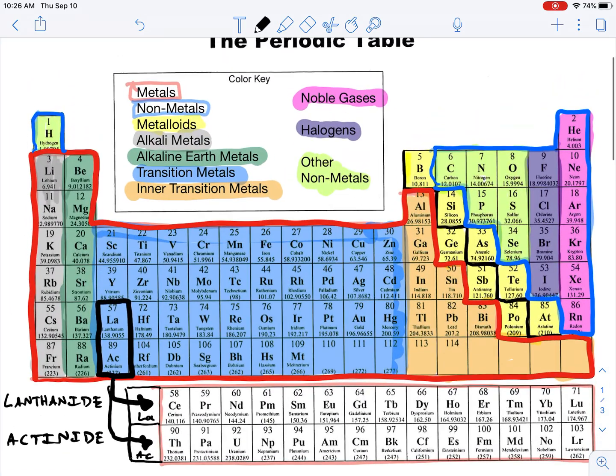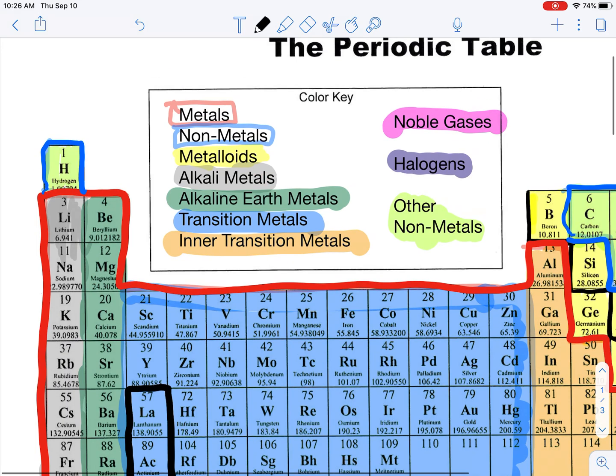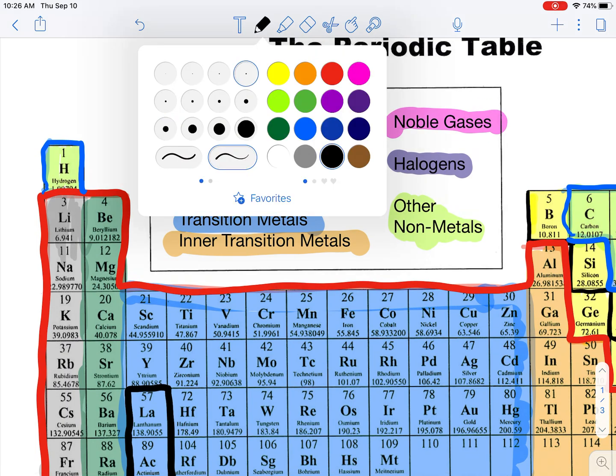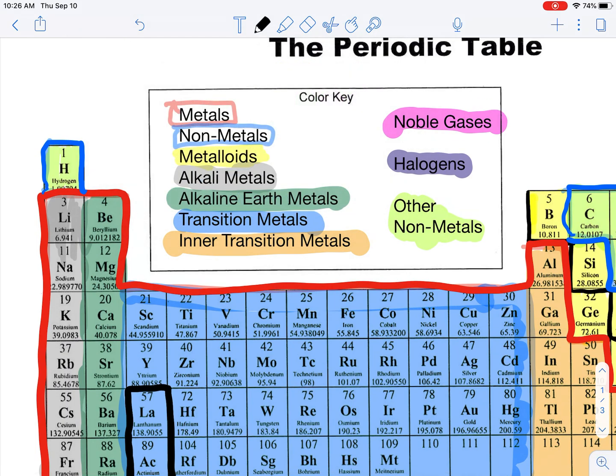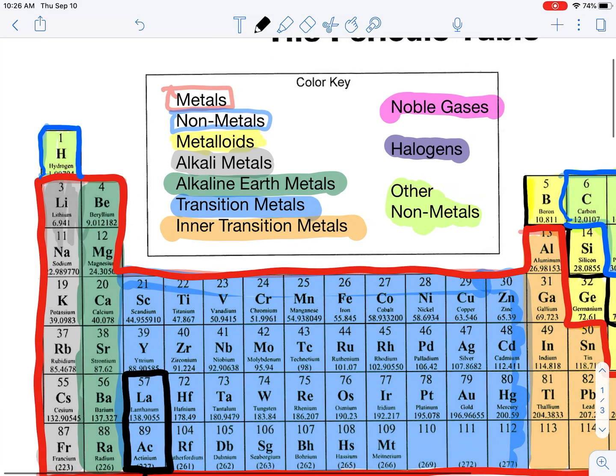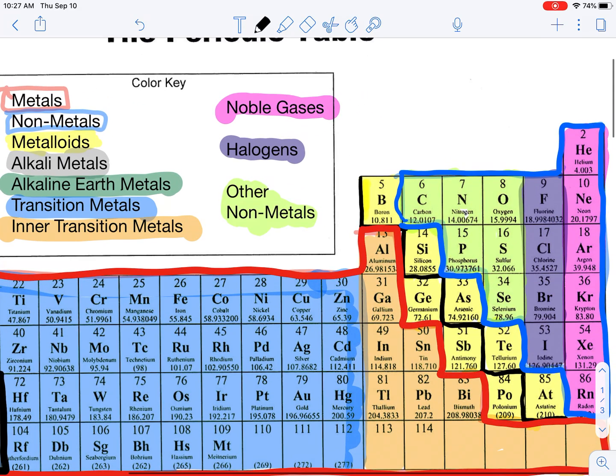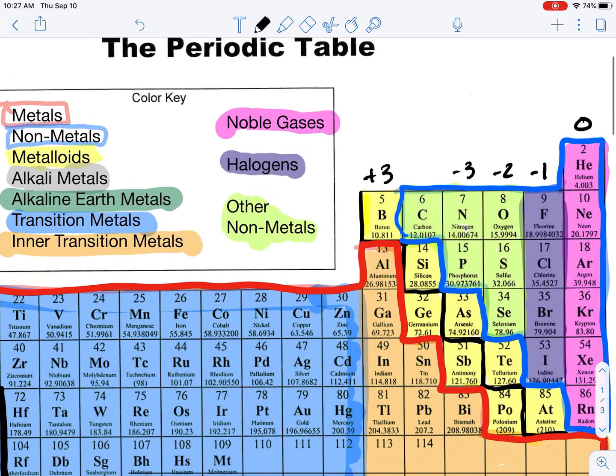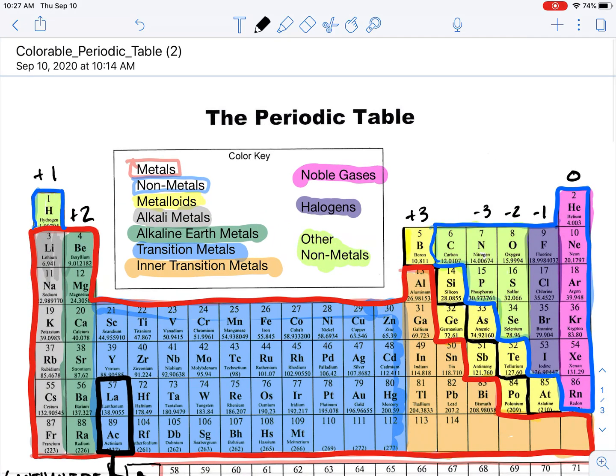Last thing I want to add in is the common charges. I'm going to go even thinner here. Okay, so common charges, everything in this first column commonly is a +1 charge. Second column is +2. Way over here, +3, nothing there. -3, -2, -1, and 0. Those are common charges for those things. And we'll come back